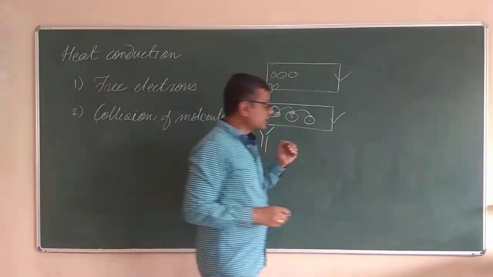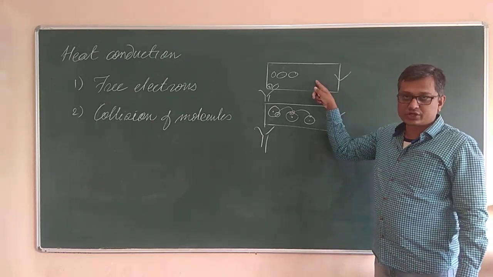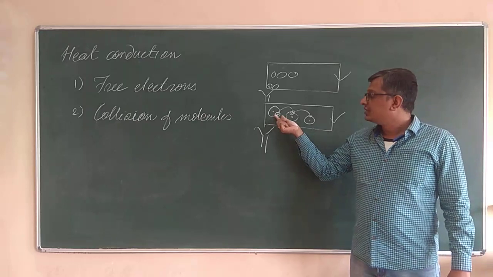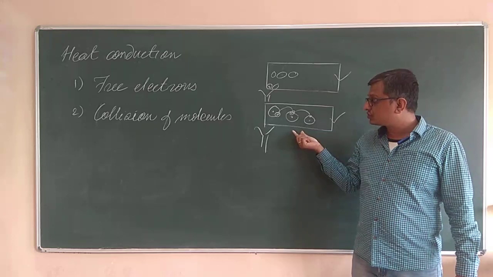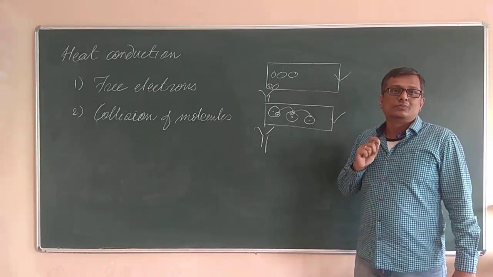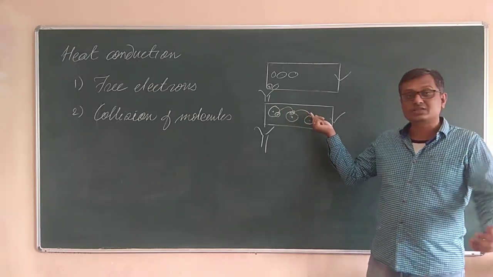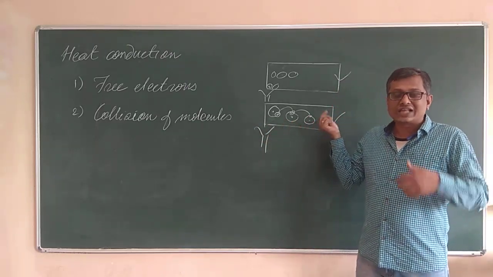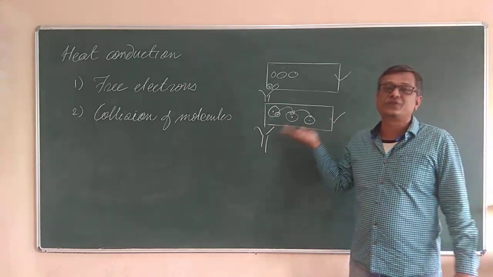Now the thing is, both types of heat transfer are present in both conductors and insulators. For example, in conductors the heat transfer is taking place due to the free electrons, but apart from the motion of free electrons, heat transfer also takes place due to molecular vibration and molecular collision. But the heat transfer due to the transfer of free electrons is much more dominant than that due to the vibration of the molecules. So that's why we consider that in conductors, heat transfer takes place due to the free electrons.